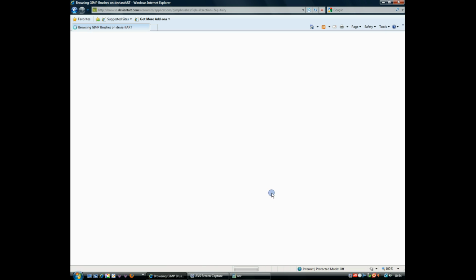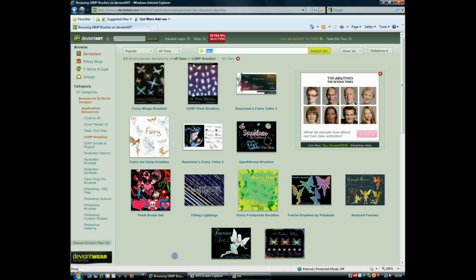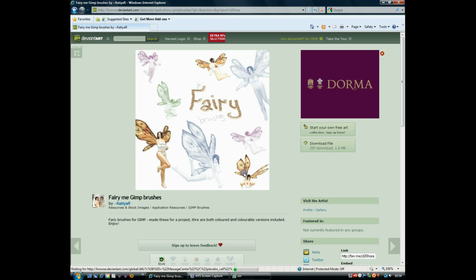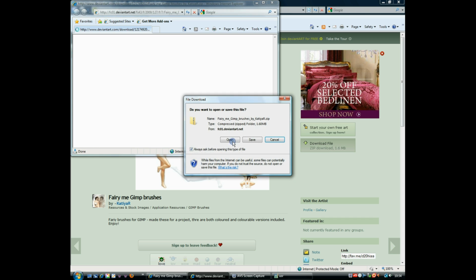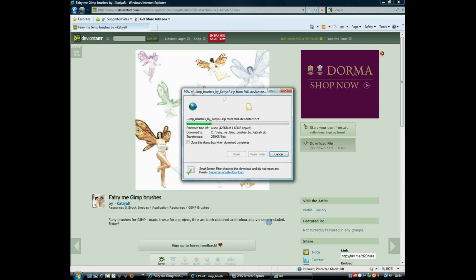because I want to find some fairy brushes, and I actually made some and they're on DeviantArt, so I think we'll use those. As you can see, there's quite a few. Pick the one you like. I'm going for this one, and then simply choose download. Save it to somewhere you can find it again. In this case I'm going to save it to my desktop,